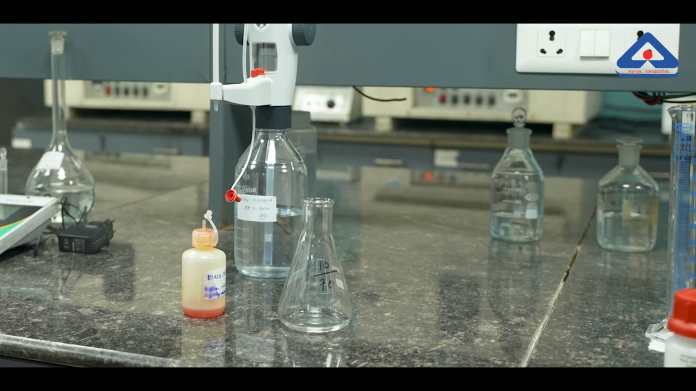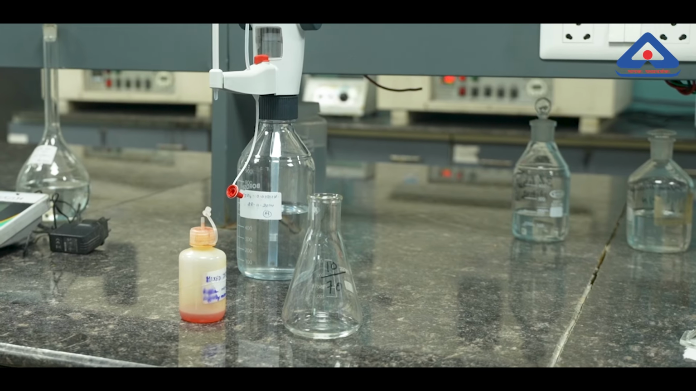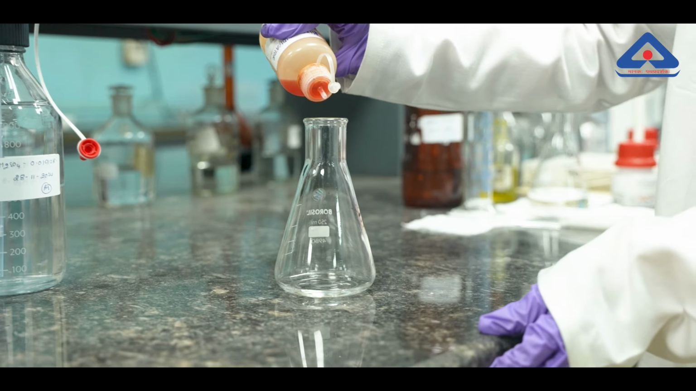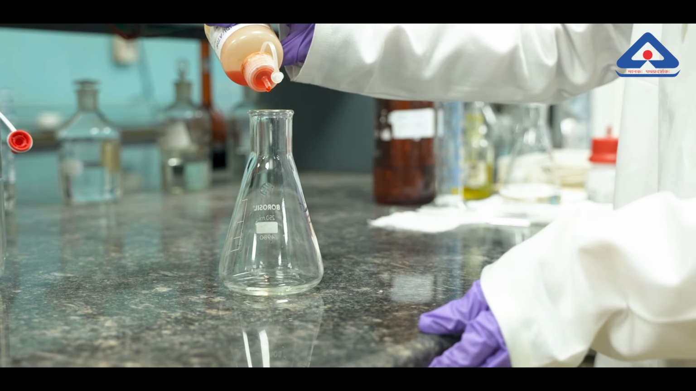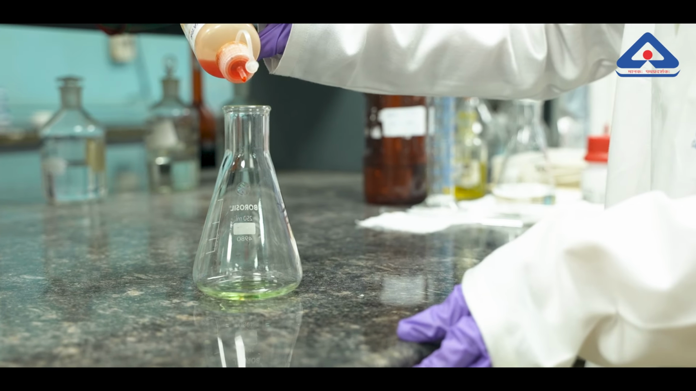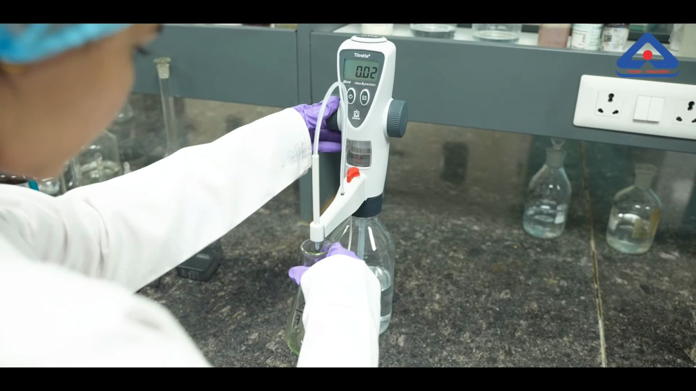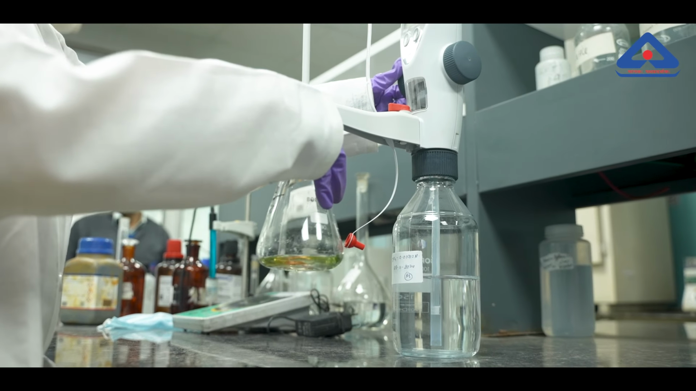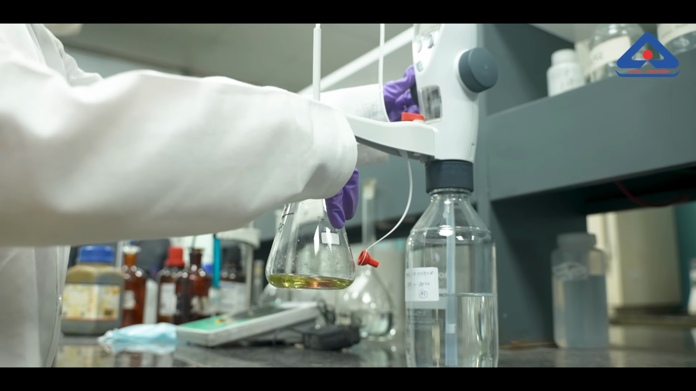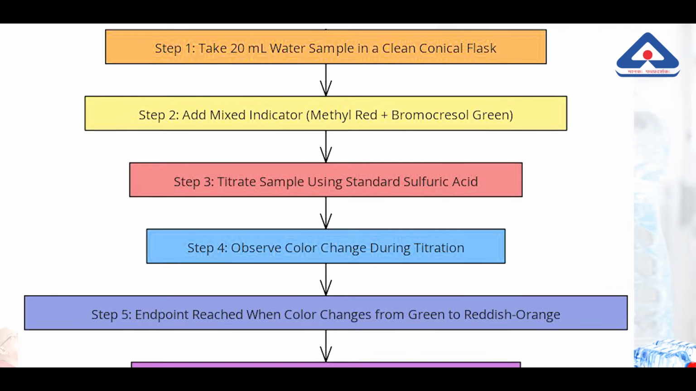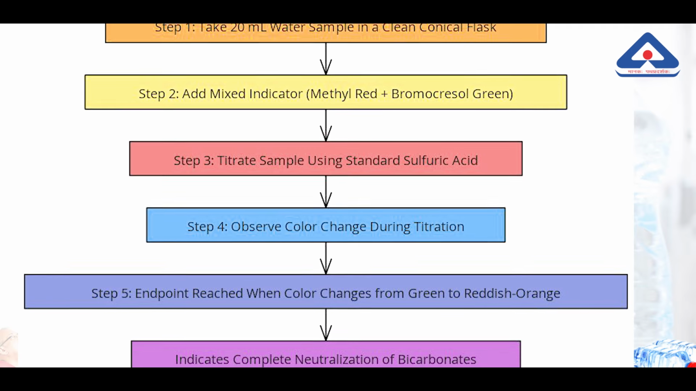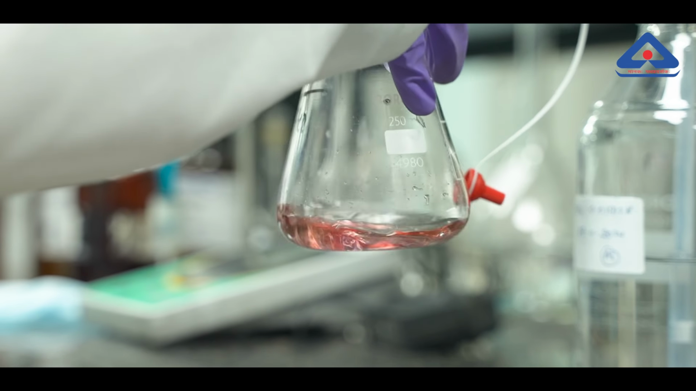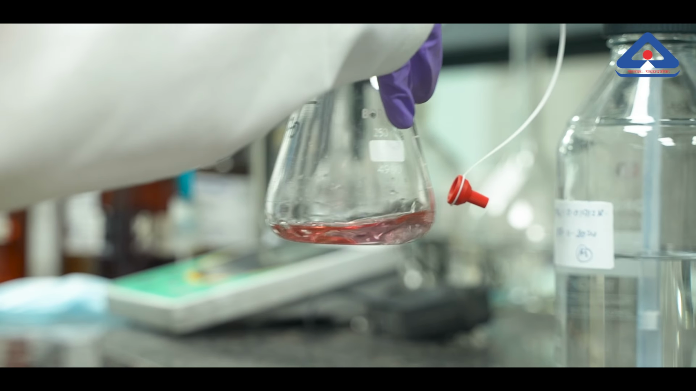First, we take 20 milliliters of the water sample and transfer it to a clean conical flask for titration. Next, we add a mixed indicator, which combines methyl red and bromocresol green. This will allow us to observe the color change during titration. We titrate the sample using standard sulfuric acid, which reacts with bicarbonates in the water, neutralizing them step by step. The end point is reached when the solution changes color from green to reddish-orange, indicating that all bicarbonates have been